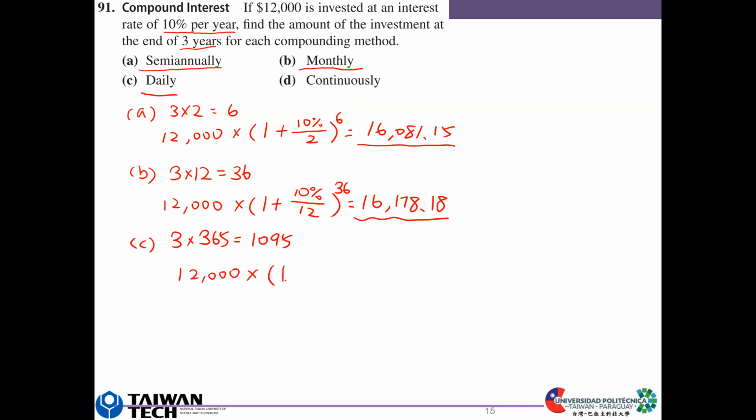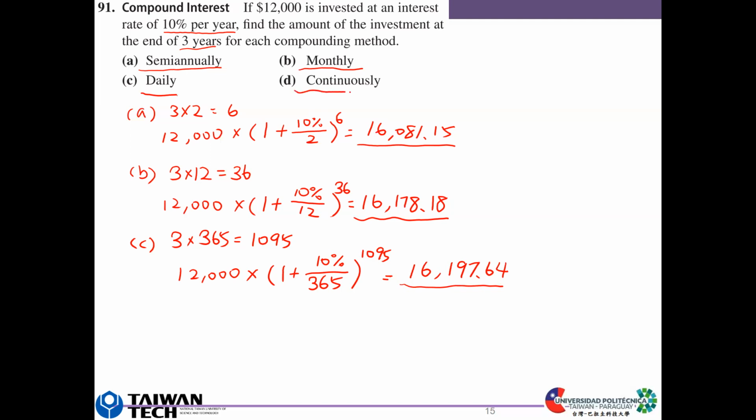and so you have this 12,000 multiplied by 1 plus the interest rate is 10% per year and divided by 365 days, and compound this 1095 times, and then so we have this 16,197.64, like this. Okay, and the last one